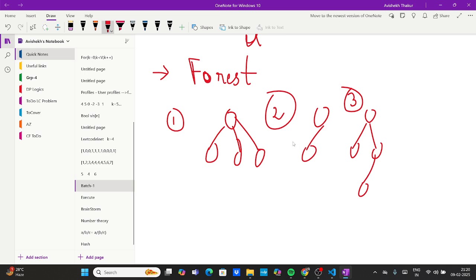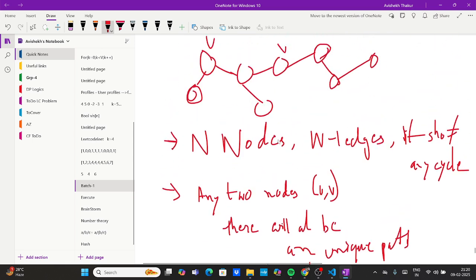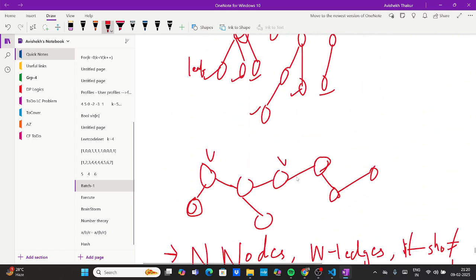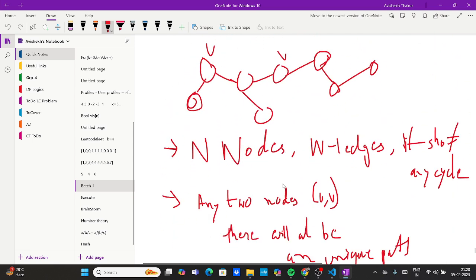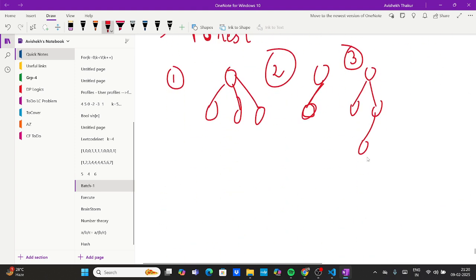Okay, graph is not a forest. Okay, Manan, clear? Yeah. Sure, right? I mean, a graph can be a tree, right? A graph can be a tree. Yes, this is actually a graph, but specifically it's a tree because of this property: no cycles. Yes, it does not have any cycles. Okay, now